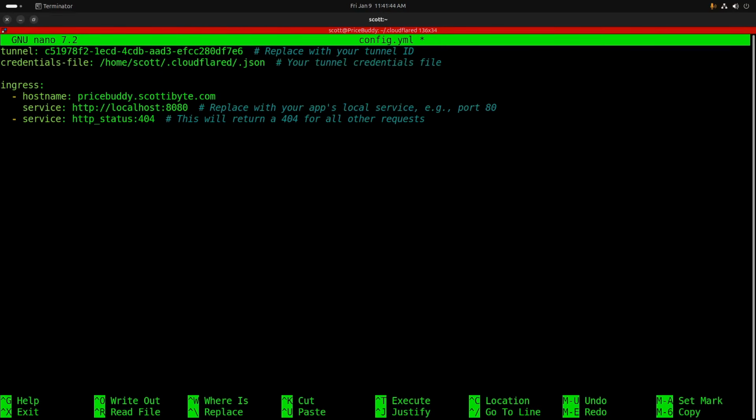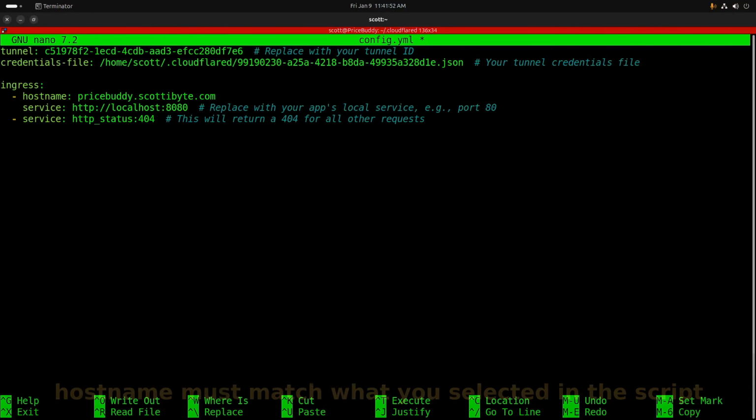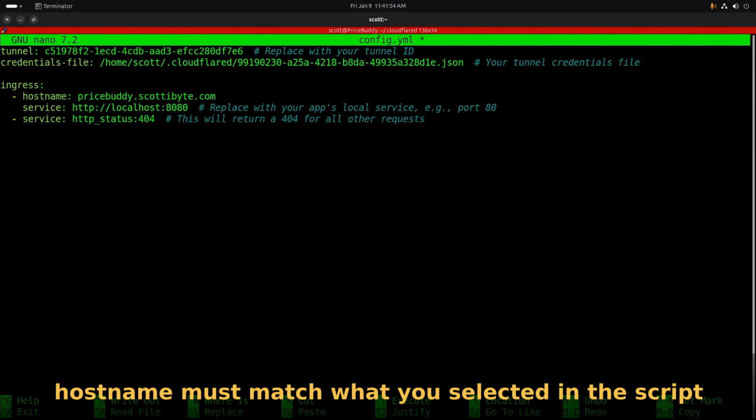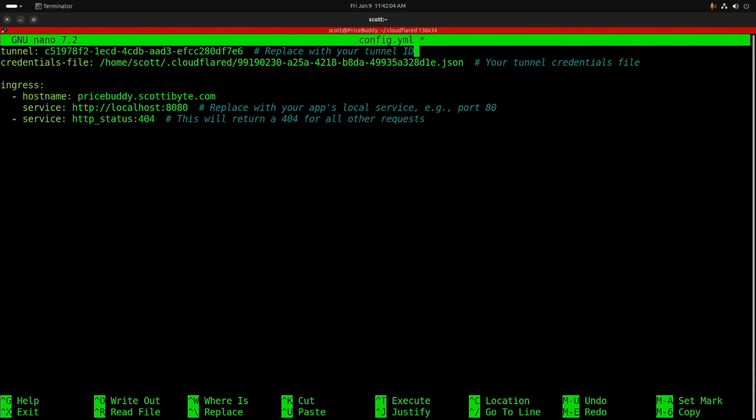We're going to backspace and paste in the value that we just got. And then I'm going to come down here, and of course we want to change your host name to be whatever you want the CNAME that it's going to create. And you're going to want to make sure that that sets that up. And also, before you forget, on the very first line up here, we need to replace the tunnel colon, and we want to put in that same